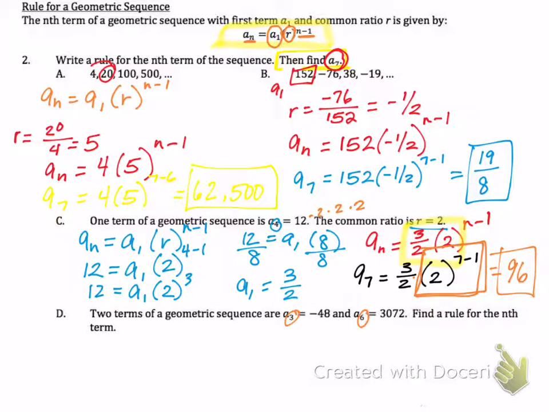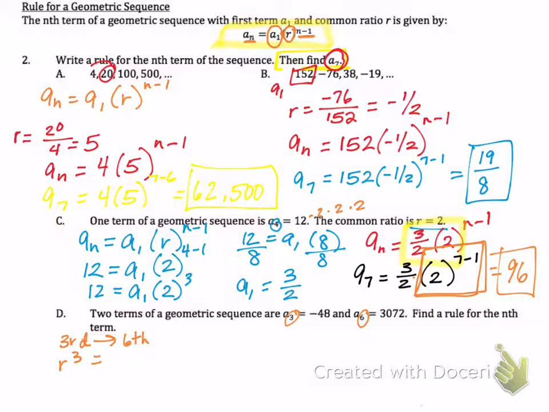I'm going from 3 to 4, which is 1, 4 to 5, which is 2, 5 to 6, which is 3. So if I'm going from the 3rd term to the 6th term, then I'm going 3 times. So I'm going to say that R cubed